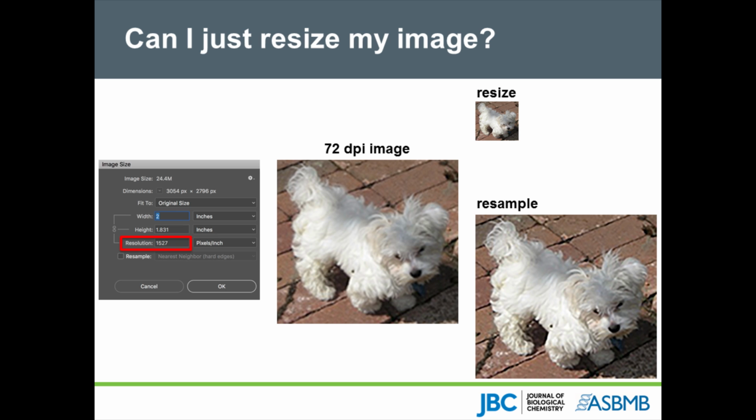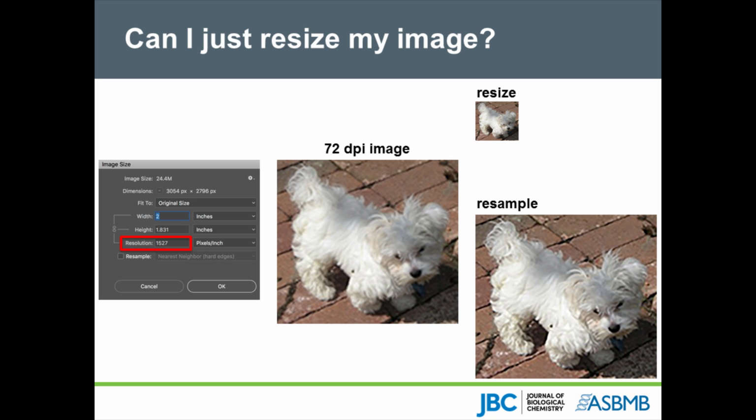small for publication. On the other hand, if you check this box, Photoshop will keep the physical dimensions of your figure the same and will artificially increase the resolution by creating pixels. This doesn't actually make your figure 300 dpi because if you look at this image closely, it's still a bit blurry. Also, you will run the risk of introducing artifacts into your figure that may end up being flagged by